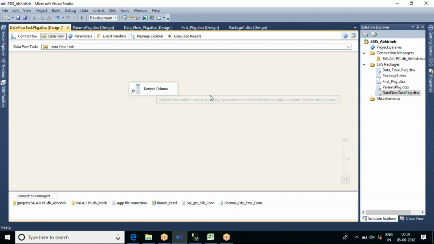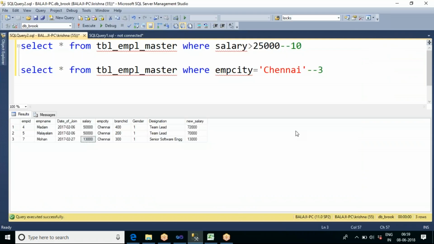As the name suggests, we can derive a column using this derived column transformation. That is, if you want to add a new column, let us say from your source table you are getting 5 columns, and if you want to add some extra columns based on some calculations or expressions, in those cases we can use this derived column transformation. Now let us see.